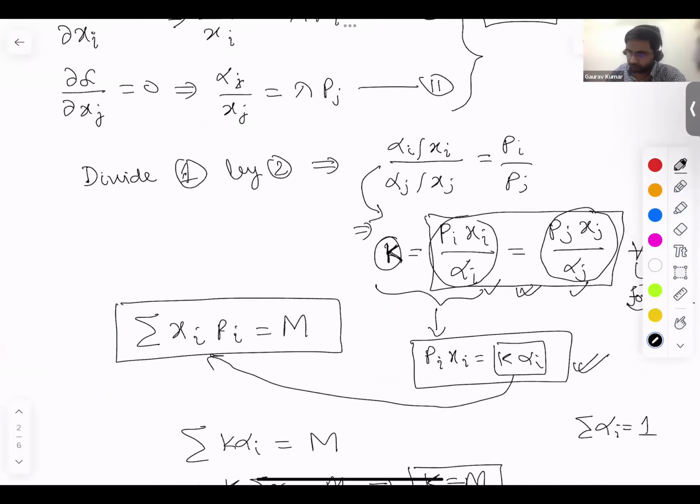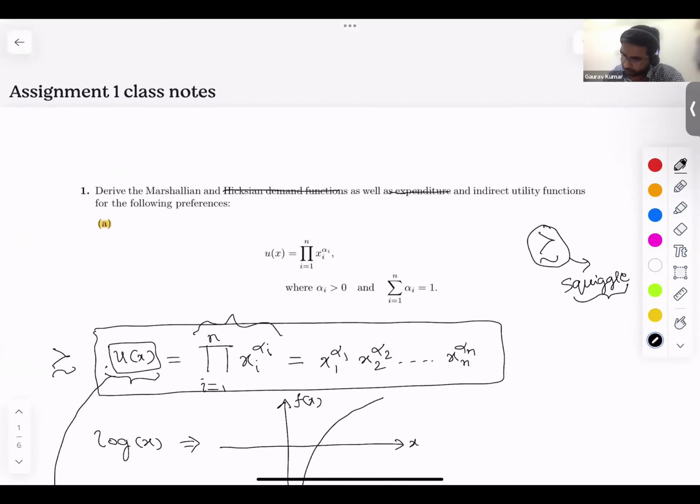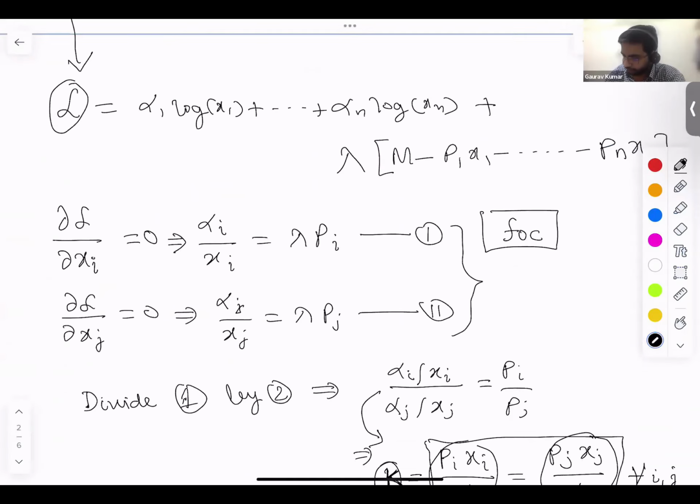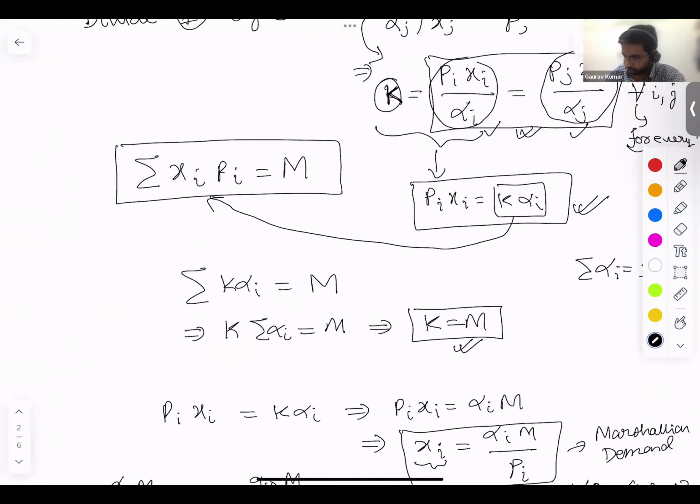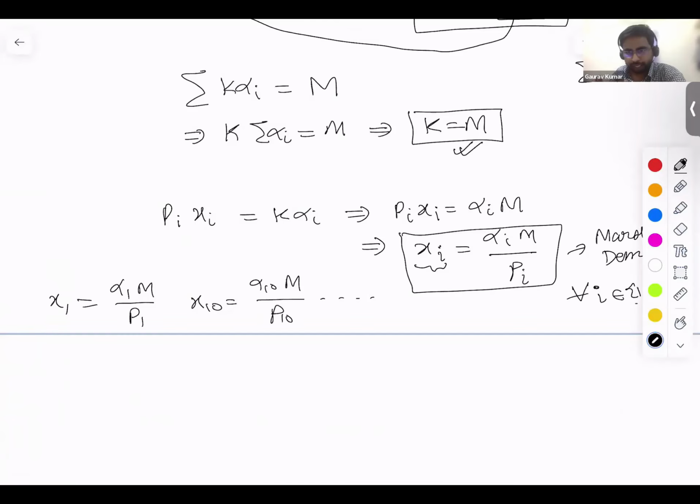Now what have we been asked? We have to now compute the indirect utility function. So I'll just tell you briefly what an indirect utility function is. In a consumer's maximization problem,